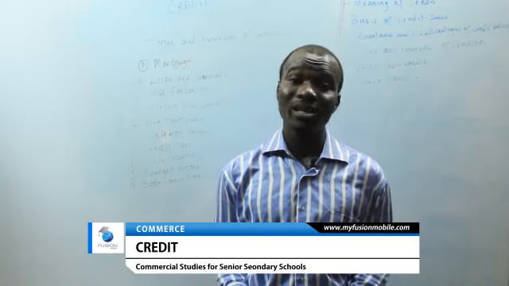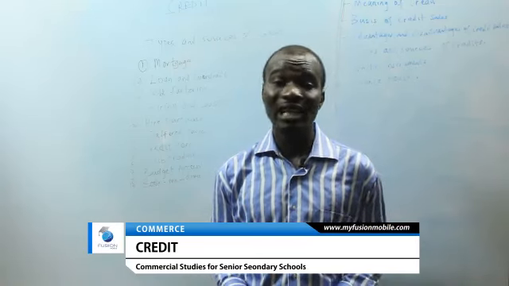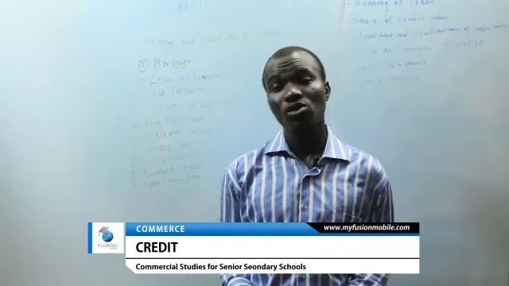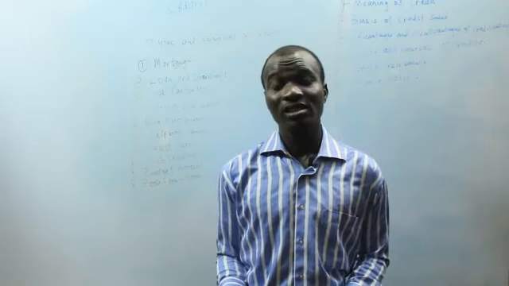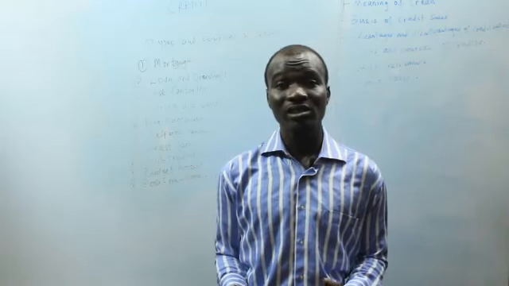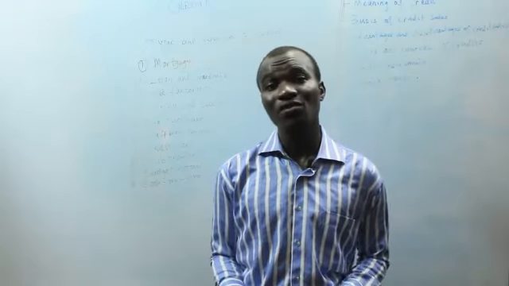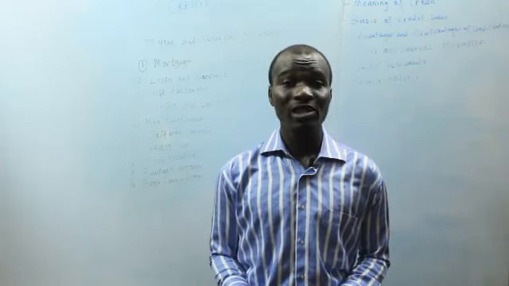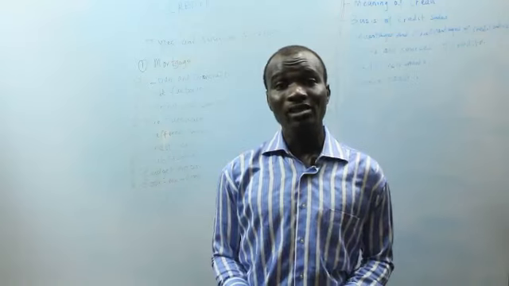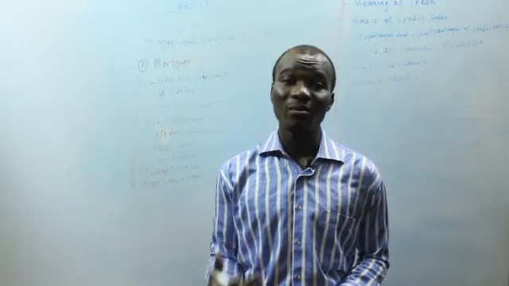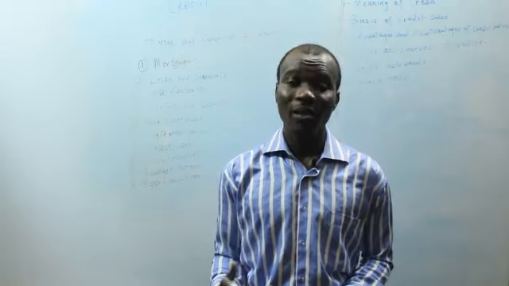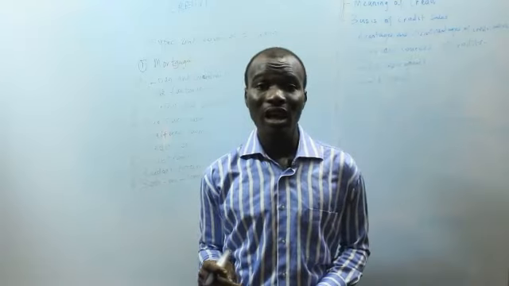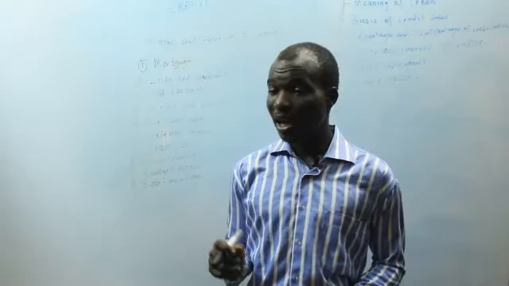When the final installment payment is made, that is when the buyer takes ownership of the goods. So what happens is that it involves a period of granting credit sales, whereby the seller transfers the possession of his goods to another person, which is the hirer. The hirer will be paying installments, a fixed payment within a regular period, until the final installment is made. That is when the ownership of the goods is transferred.